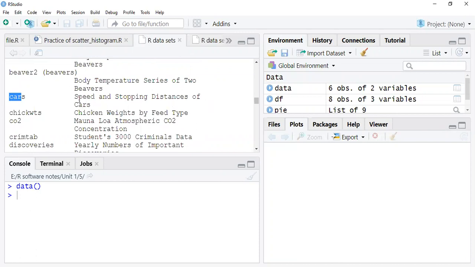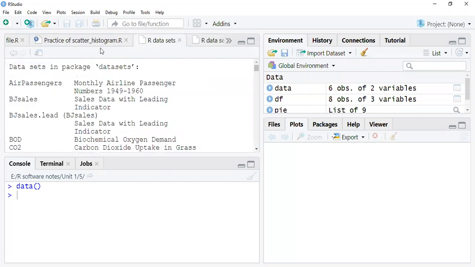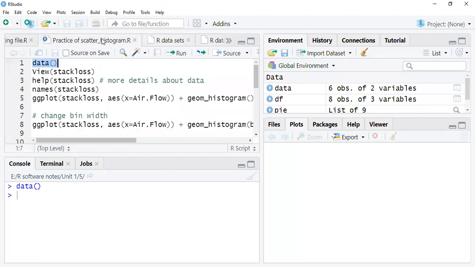If you are driving a car, at what distance do you have to stop the car? You have to understand all this data. Once I click this data, it redirects to another tab and you will get a huge amount of data where you can see what types of data sets exist.